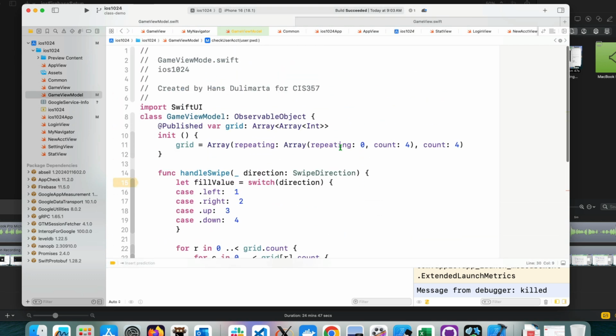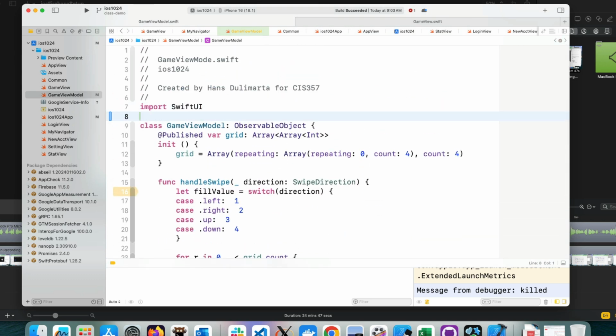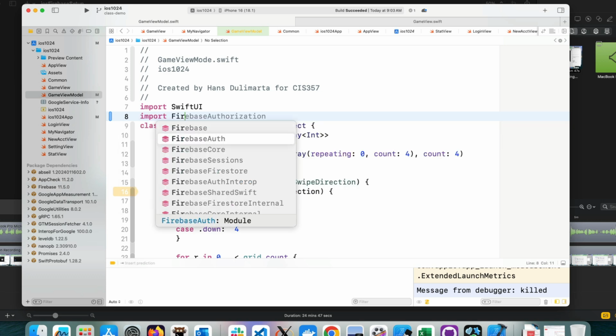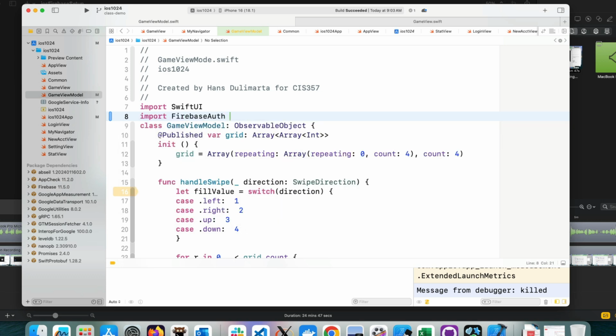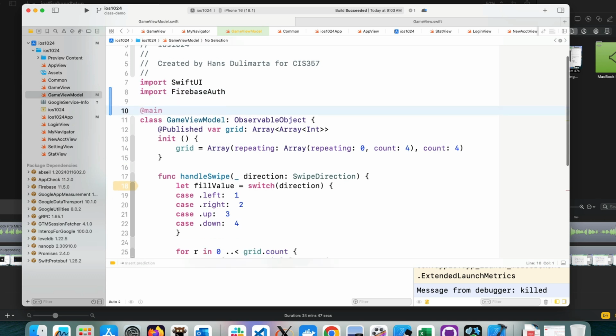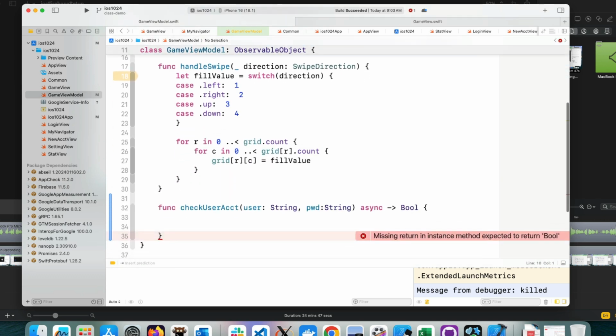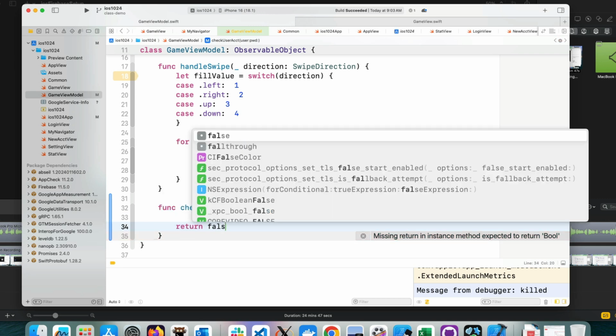Because I'm going to be using Firebase authentication, I have to import Firebase auth. For now, to make sure that my code will compile, I'll just return false for now, or return